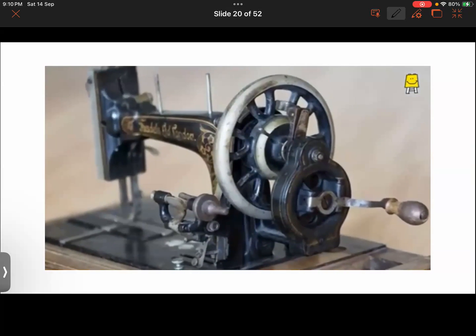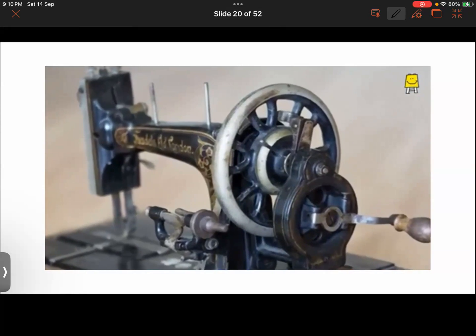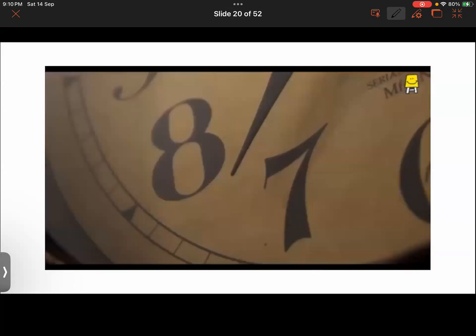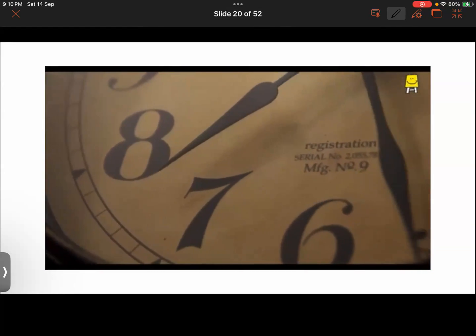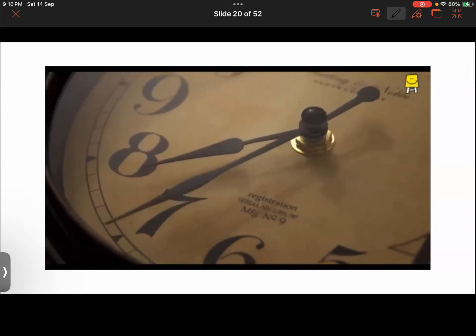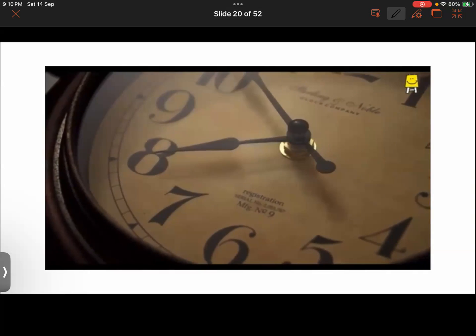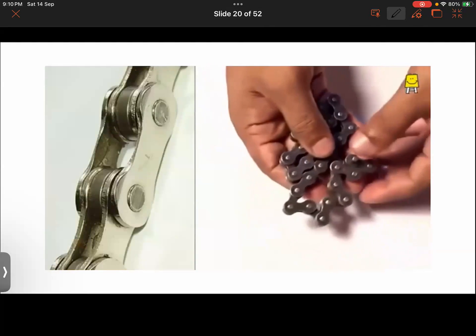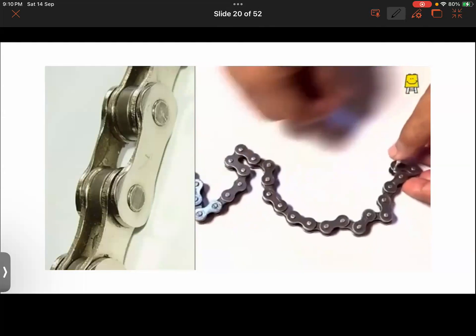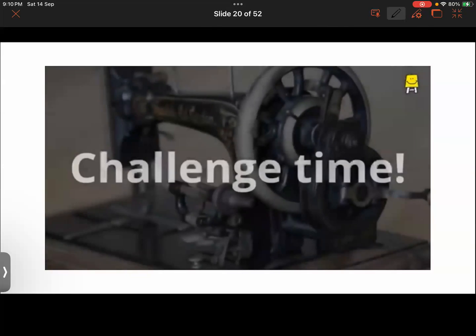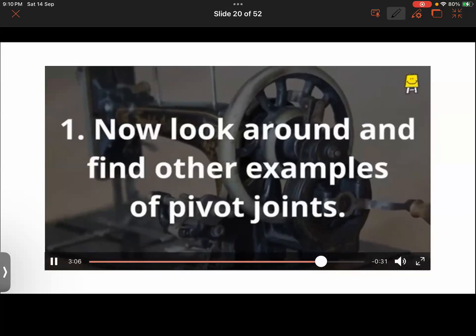Pivot joints are also used in machines where parts rotate in one plane about a point. A simple example of pivoting movement is the rotation of the hands of a clock. The chain of a cycle is a very familiar example of multiple pivot joints put together. Challenge time. Now look around and